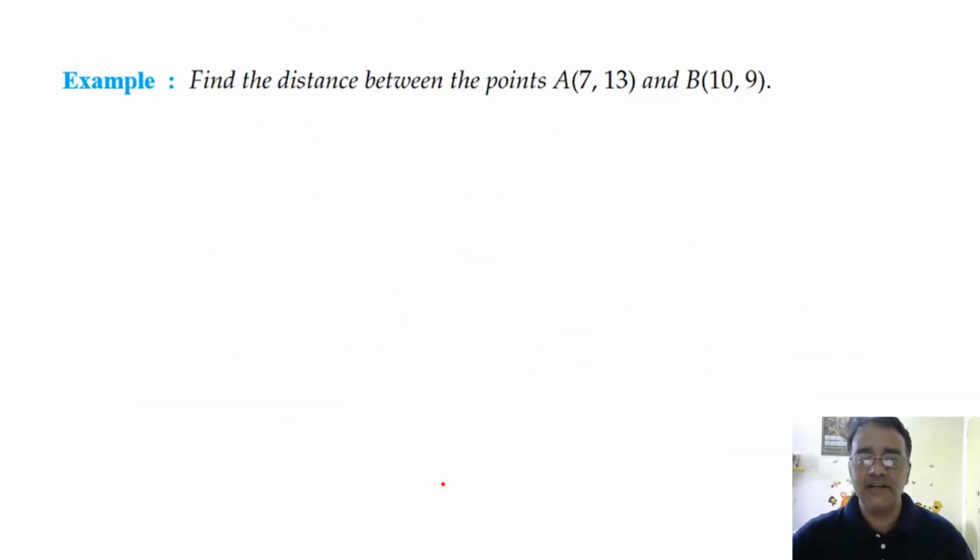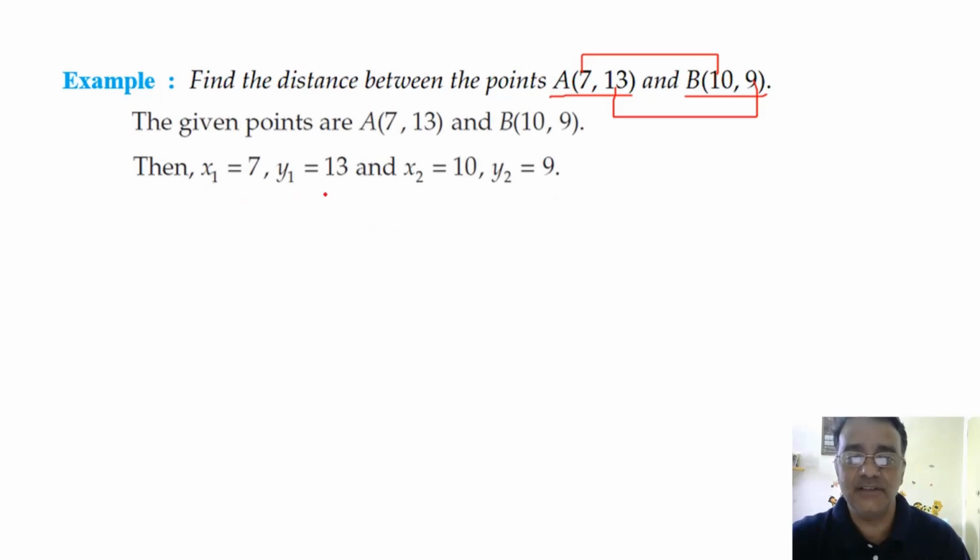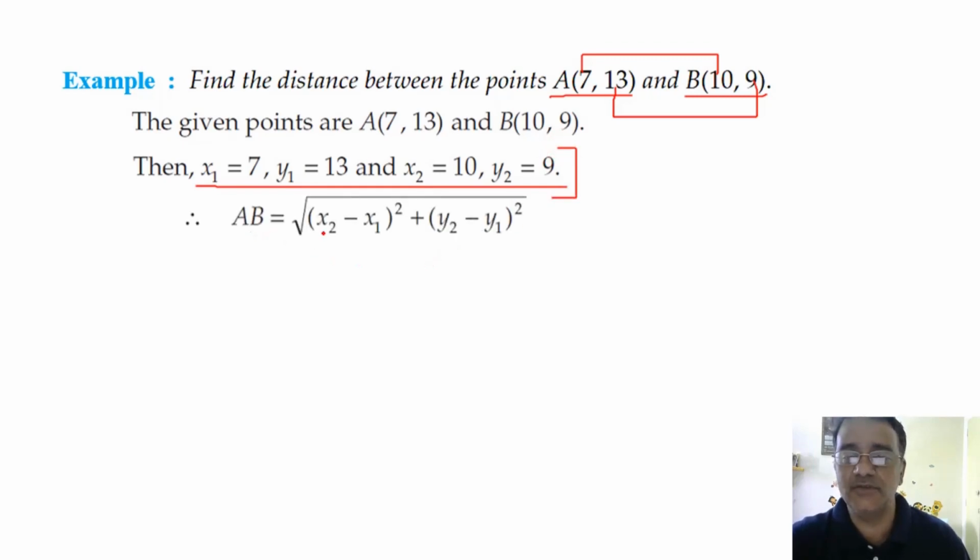So now let us start with the distance formula, direct question. Direct question means two points will be there and we have to find the distance between these two points. AB is equal to the square root of x2 minus x1 whole square plus y2 minus y1 whole square. Writing x1 here is not mandatory, you can write it if you want.